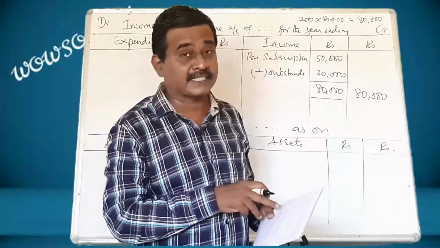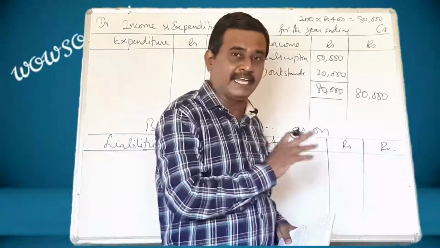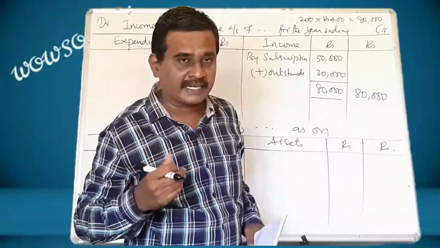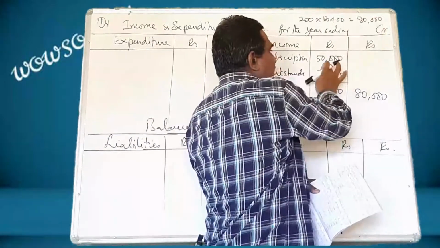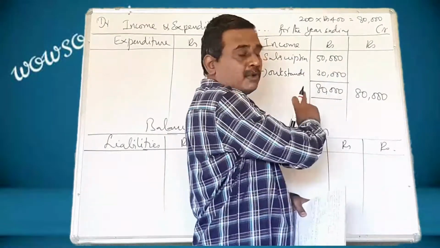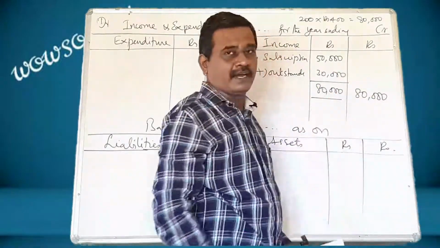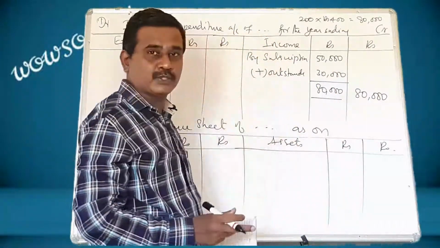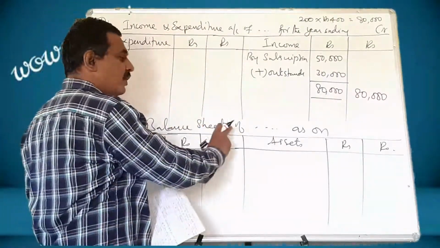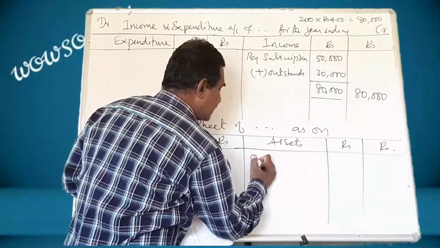What is given in the receipts and payments account? Only 50,000 is collected for that year. It means we have to take this 50,000. And how much should be collected? From 80,000, subtract the amount collected. Still this is remaining. That is the outstanding amount, and both should be added and shown in the outer column. See, this outstanding amount is an asset for the club. So, when you go for preparing the balance sheet, you have to show that outstanding subscription.